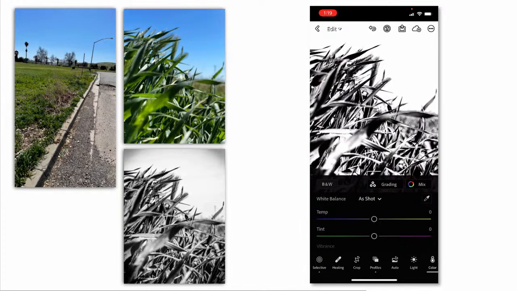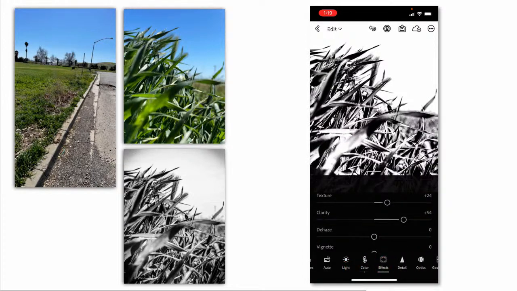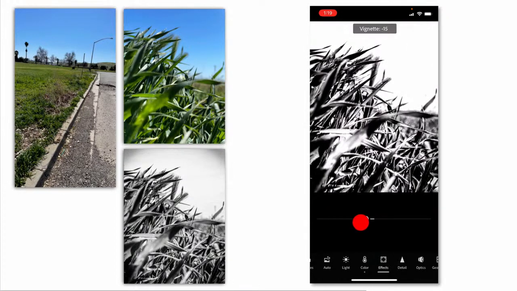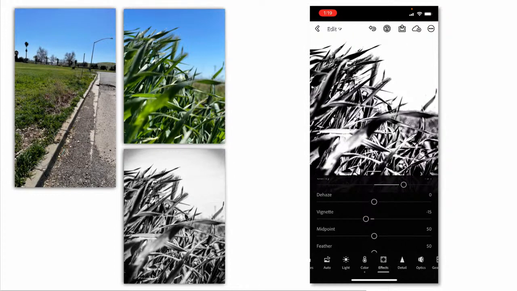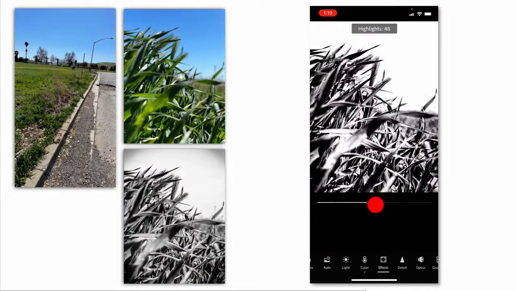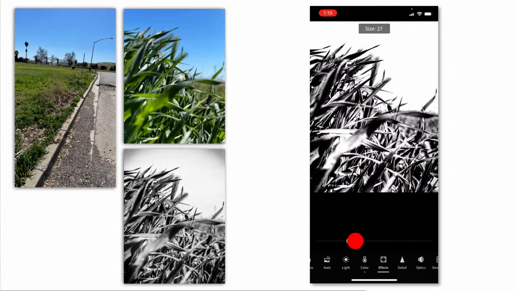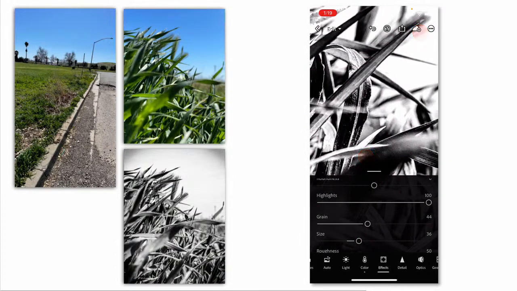Now, occasionally, as you know, I will go to the effects panel and I will put a vignette on the outside of an image. That's a hard vignette. This is a softer vignette. But in this case, I don't want it to affect the highlights. So I'm going to scroll up and say underneath the vignette, see there's vignette, midpoint, feather, roundness, highlights. I'm going to ask it to take the vignetting off the highlights. That way it won't affect the sky. And don't forget, you can always add some grain if you want to. If you want a grainier image.